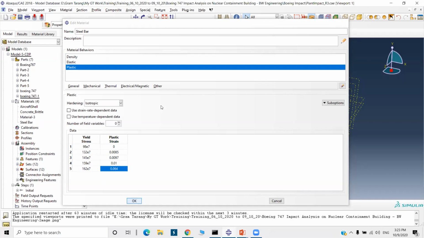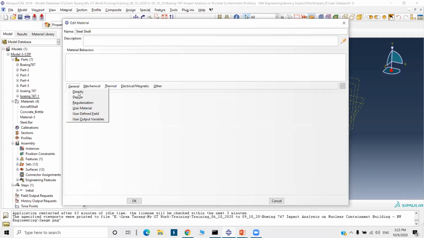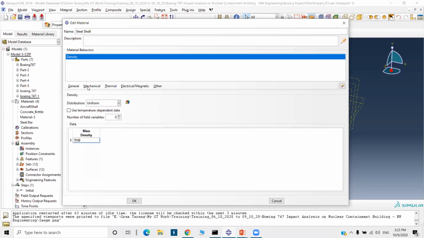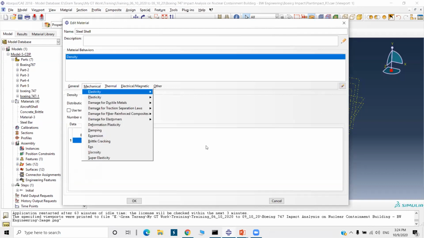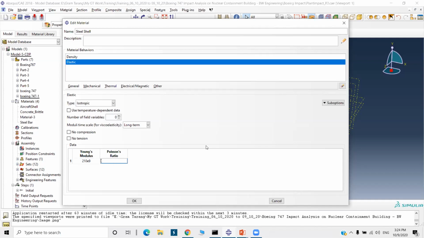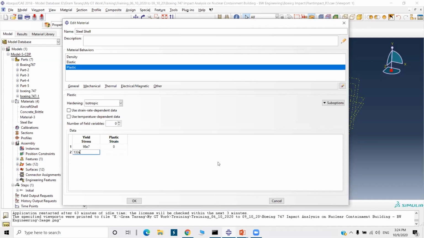Next is the steel shell. Density 7850. Enter Young's modulus 210e9 Pascal, Poisson's ratio 0.3, and plastic properties: 145e7 with 0.0097, 159e7 with 0.01, 162e7 with 0.064.